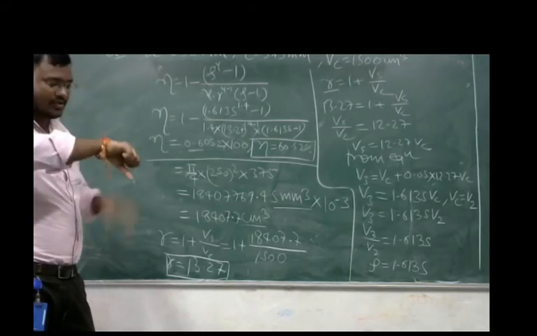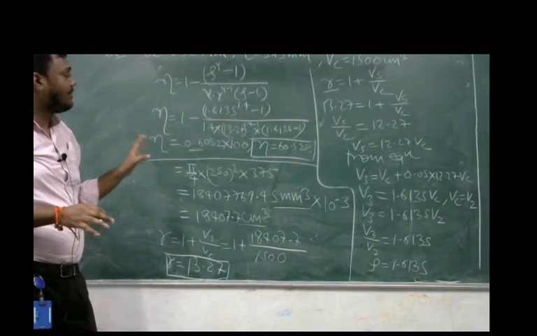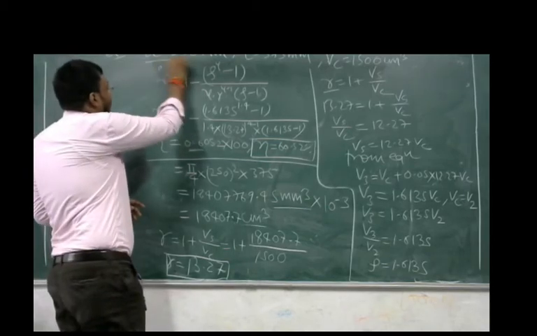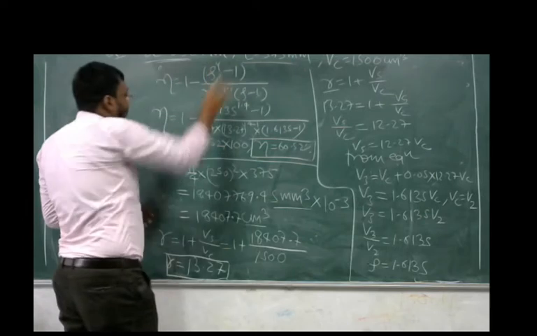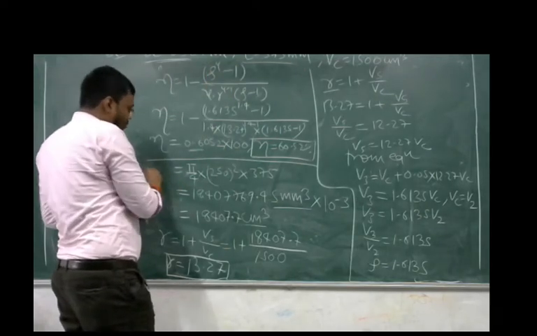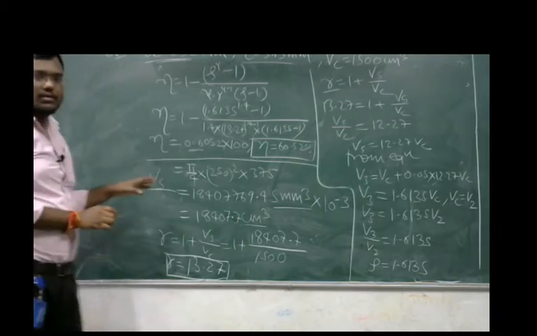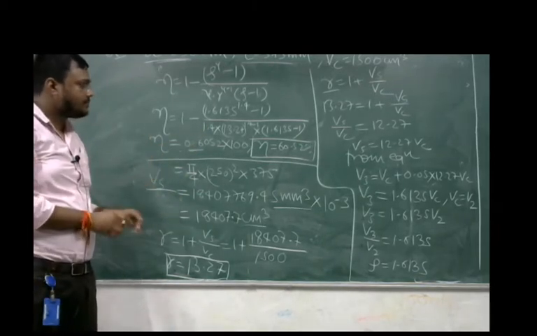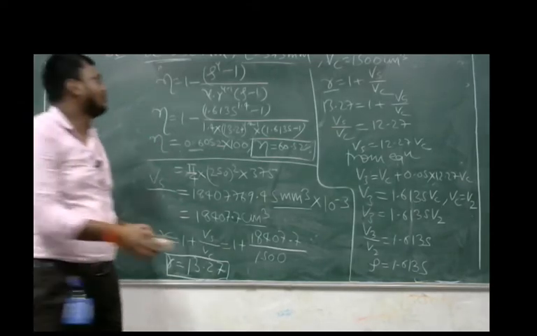So this is the same question. We have solved this type of question previously, but the only difference in this question is that D is given, the bore diameter and stroke length are given, and with the help of these two values we have to calculate the value of Vs, the stroke volume. This is the only difference in the question. All the other things are the same. So now we move forward to the other question.